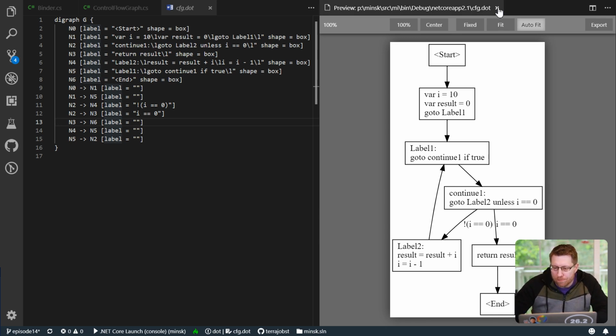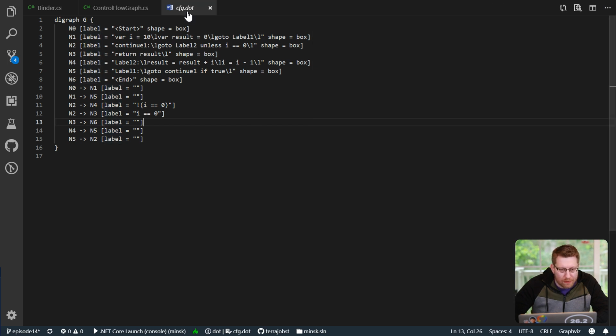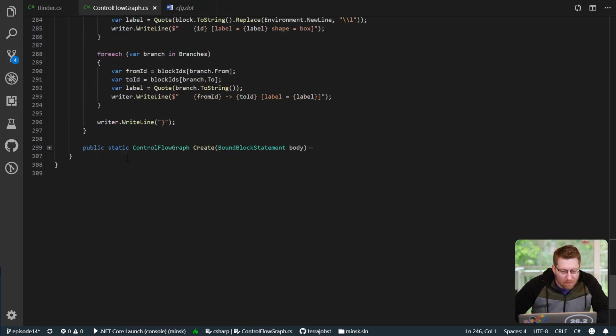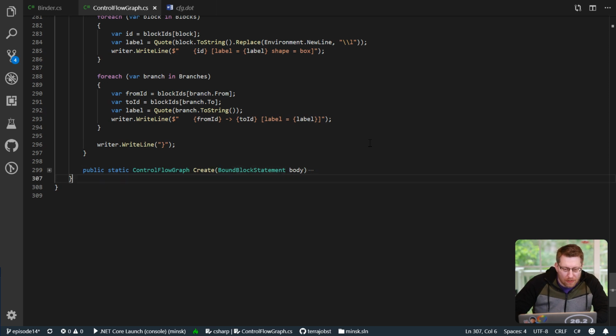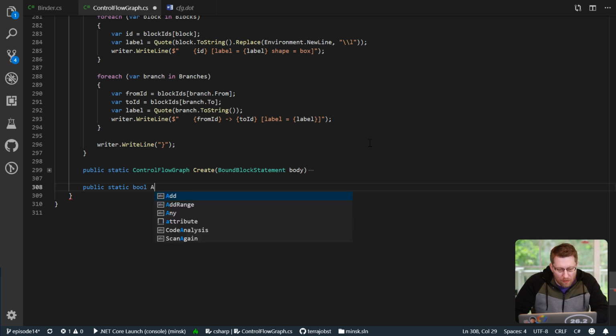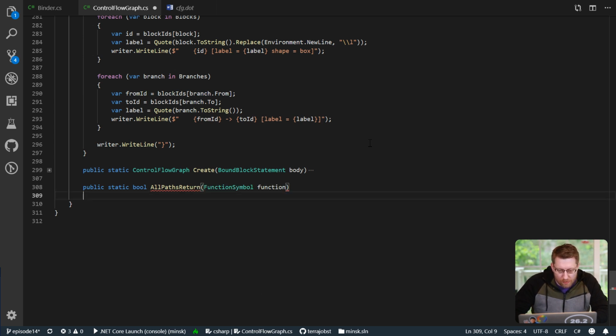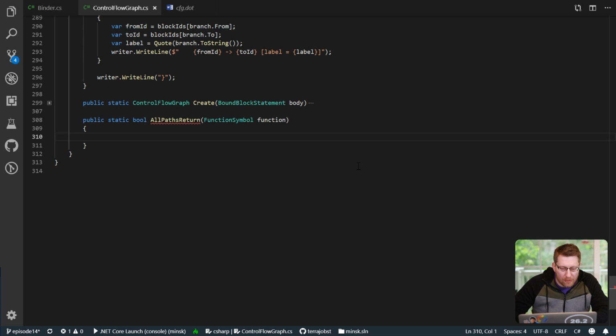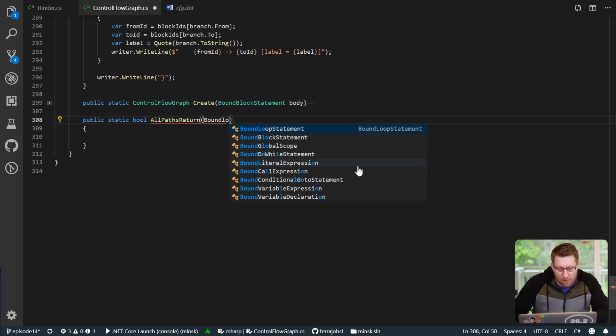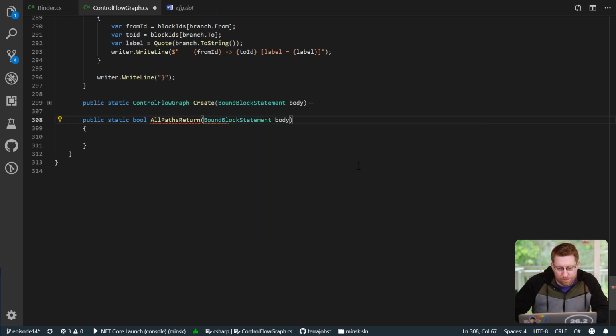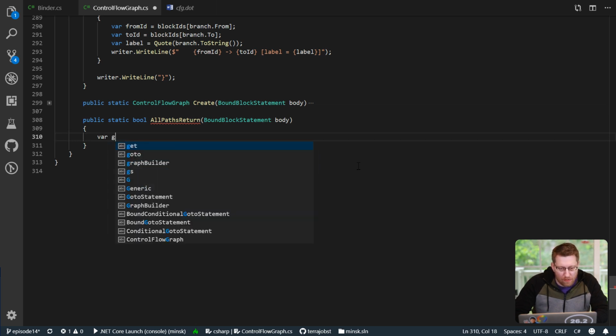So why are we doing all of this madness? Well, now we can finally write our function that we care about. Public static bool all paths return. For, let's say, a function symbol function, we can now say, maybe not, maybe we just say the bound block statement body, and we can just say var graph